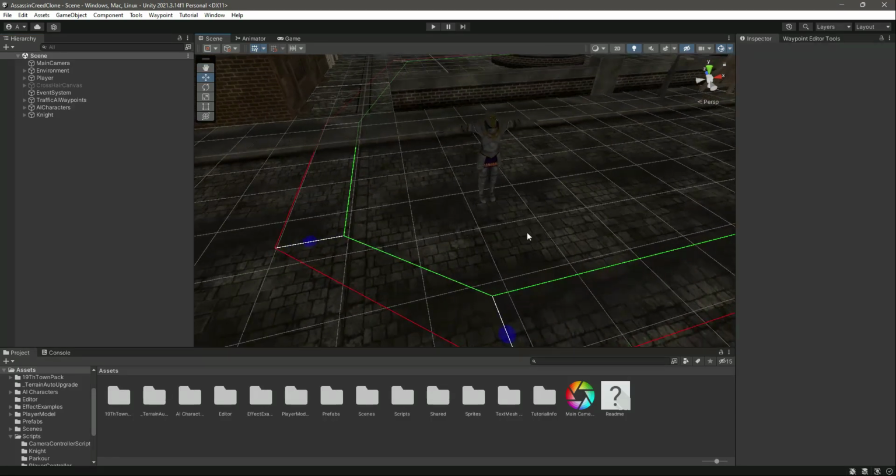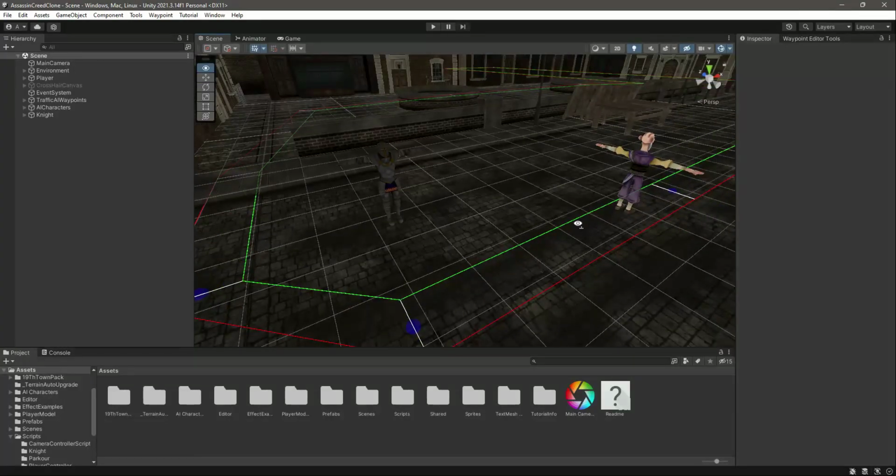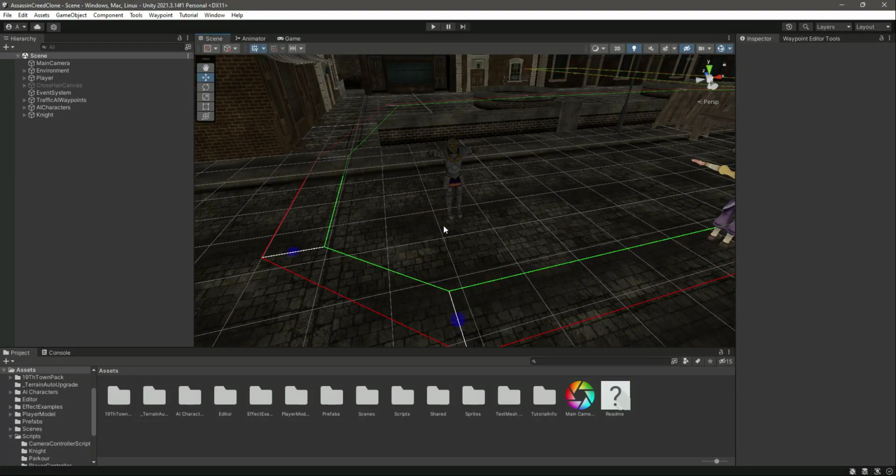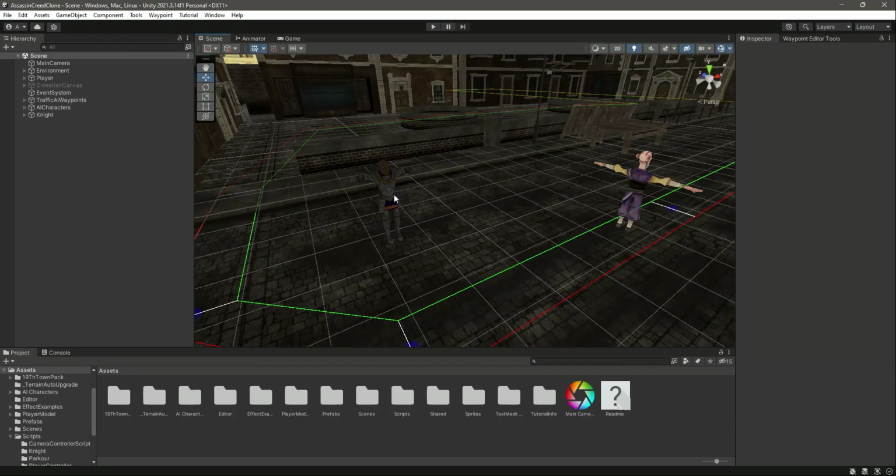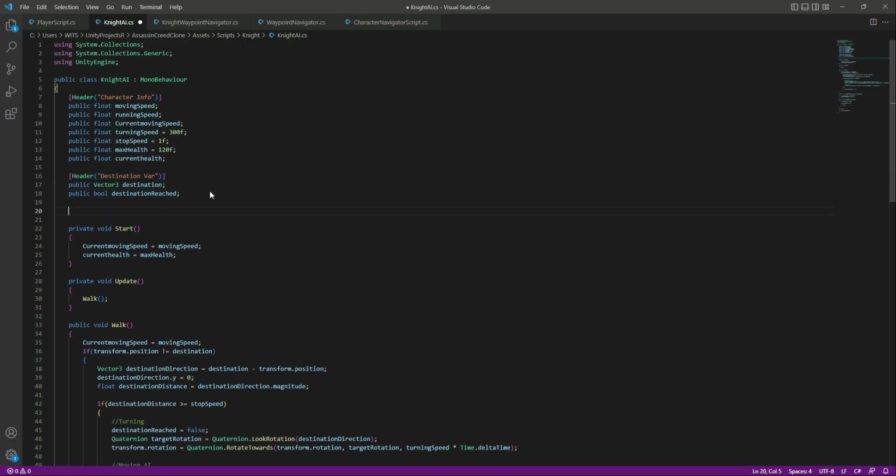So now as you know that the knight can walk between these waypoints. Now in this video what we will do is whenever the knight sees the player, then this knight will simply chase the player. So for that right here we will create another header by the name of knight AI,